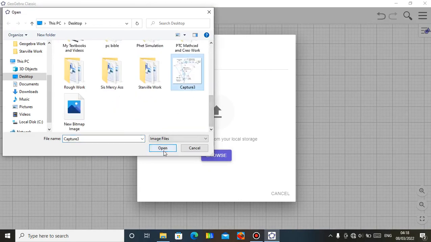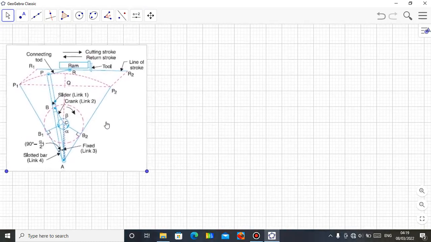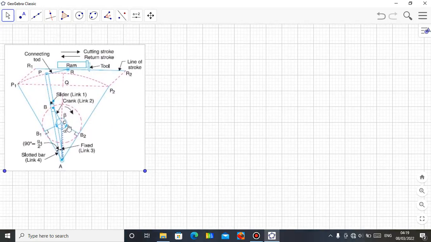So this is the mechanism of how the shaping machine works in the workshop. You can see the ram which carries the cutting tool, and the principal link here is CB, which is the crank, link 2. As it rotates, there is a slot inside link AP here, and that slot is where the pin at B is located. So as this link CB rotates, the slot slides inside this link